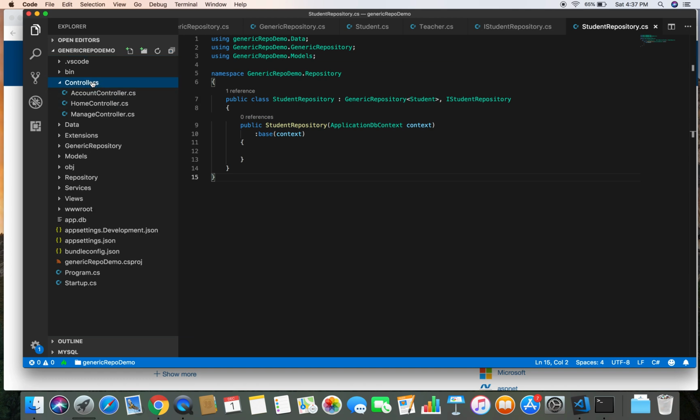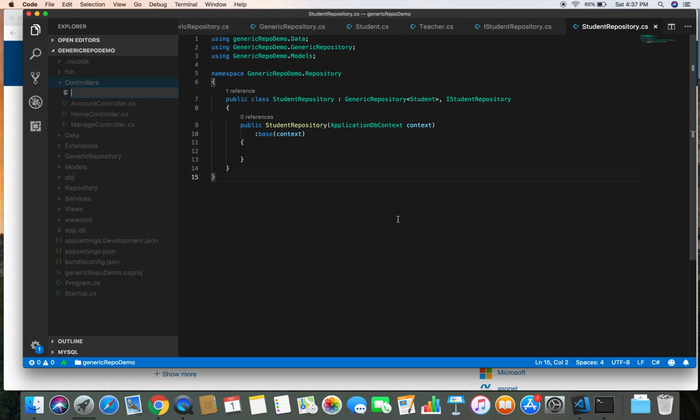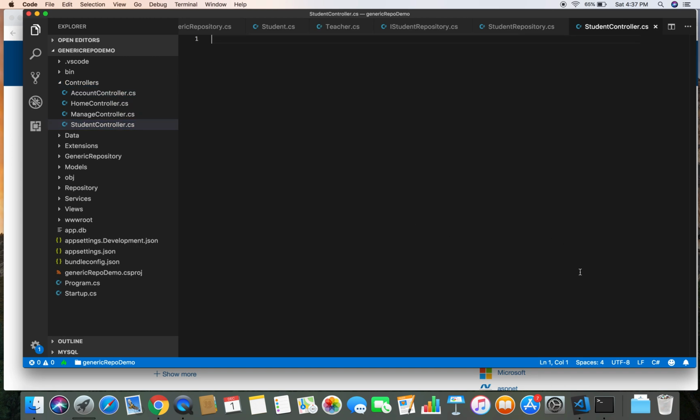So for the sake of this demo, let's create a controller here. I'm going to create the student controller, StudentController, and I'm going to show how we can use our generic repository to perform the CRUD operations for every single model. So let's copy this name for now, and then let's create a class in the namespace of generic